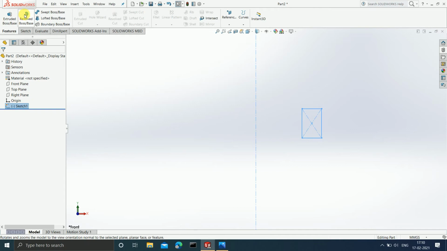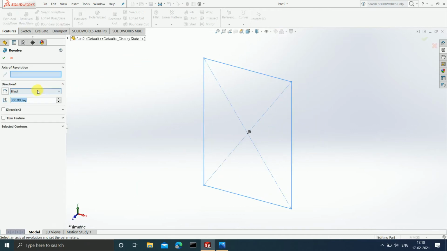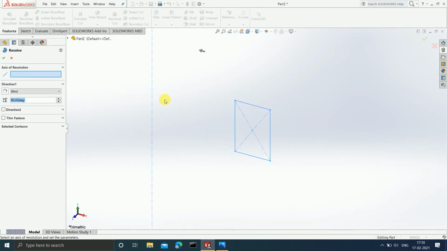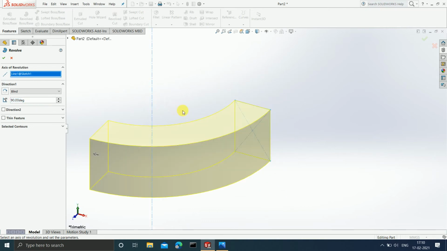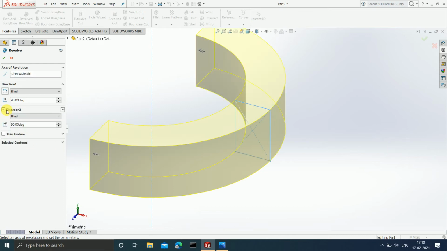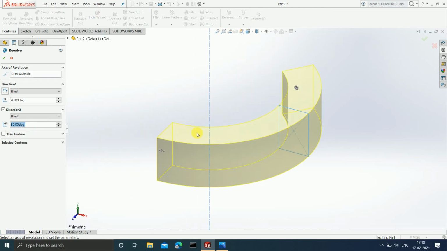I will click on revolve boss base. Here it was, I guess, 90 degree. The axis of rotation is this particular axis, and in direction 2 we had 50 degree, right? So let's do that. Now once this is done, it is asking us for a thin feature.